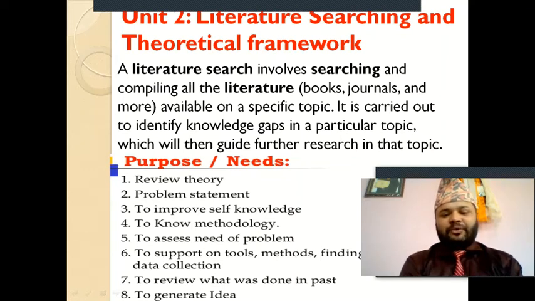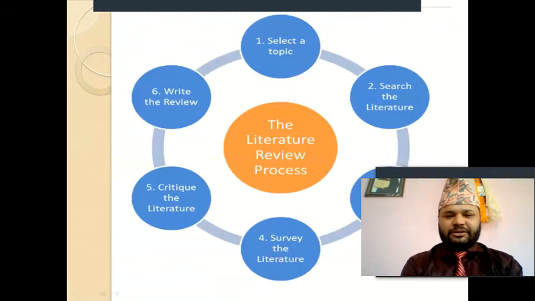Okay, to improve self knowledge, to enrich your knowledge level, you can go for literature source. Then to assess need of problem, what are the needs of that problem that you need to investigate, right? To support on tools, methods, findings, and data collection. These are few importance or needs or purposes of literature source. Okay,